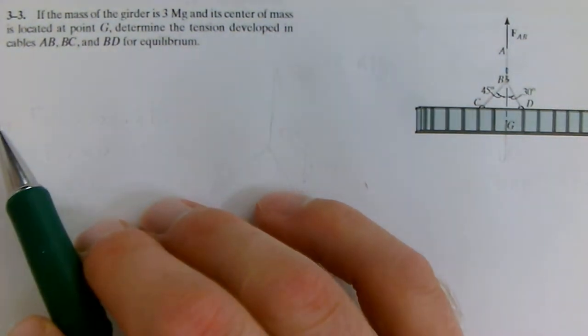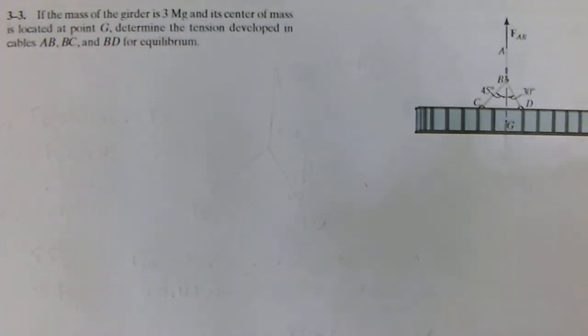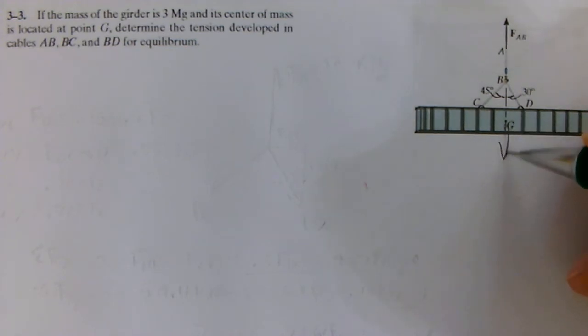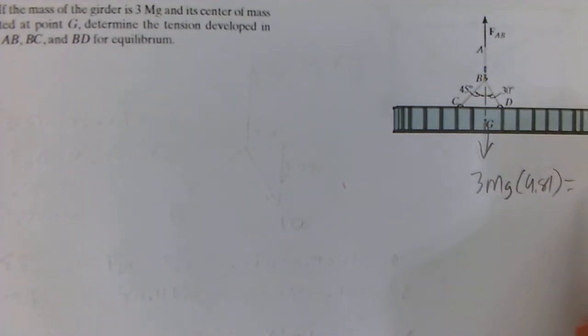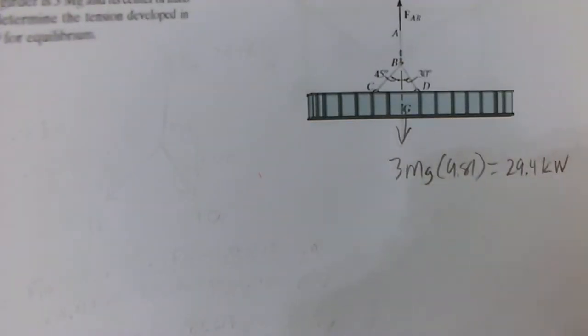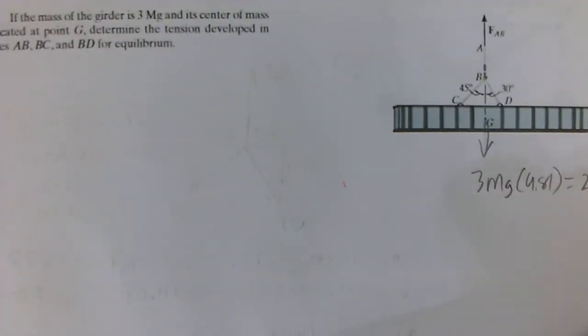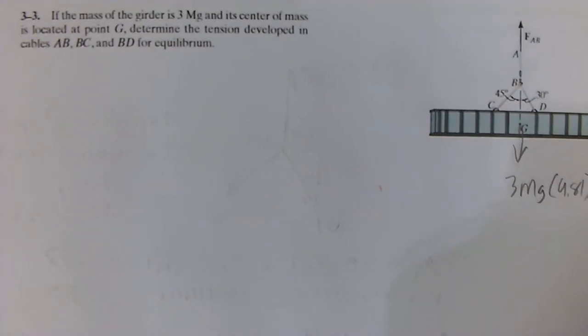Problem 3-3. There's a girder with a mass of 3 megagrams down. So let's put that down there, 3 megagrams. We'll go ahead and multiply by 9.81 to get a weight, which is 29.4 kilonewtons. And it says to determine the tension in cables BA,